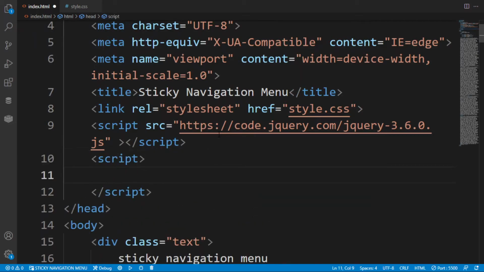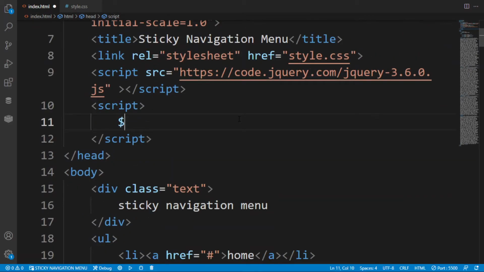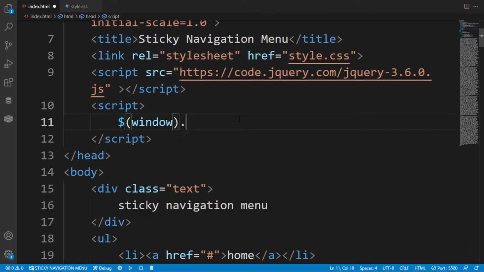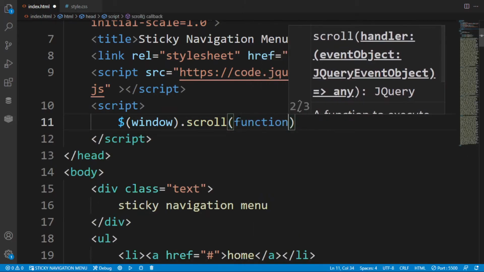So here I have put in a script where I want to target the window. When I scroll my window, this function will run on my web page.